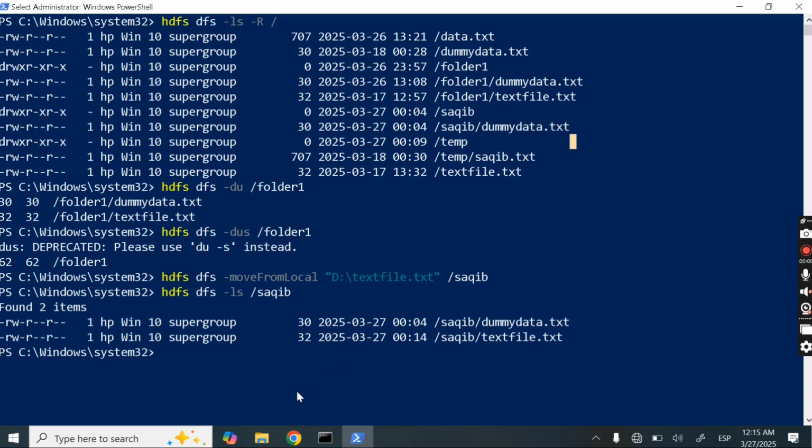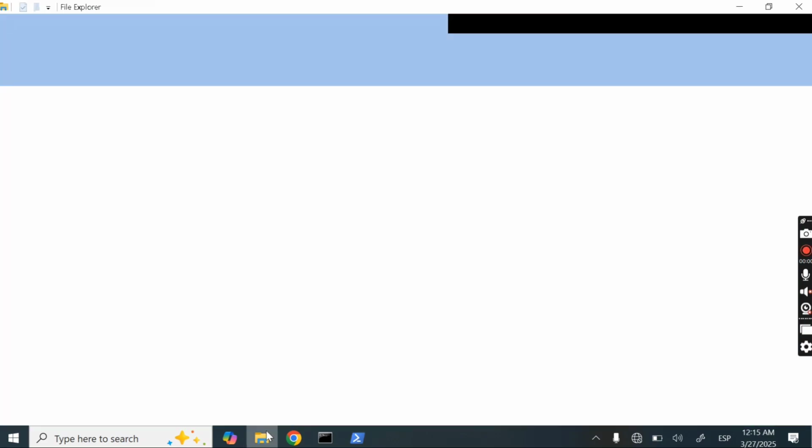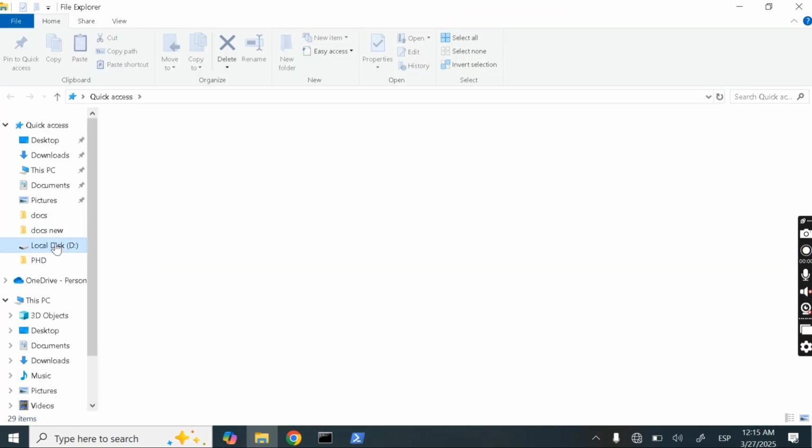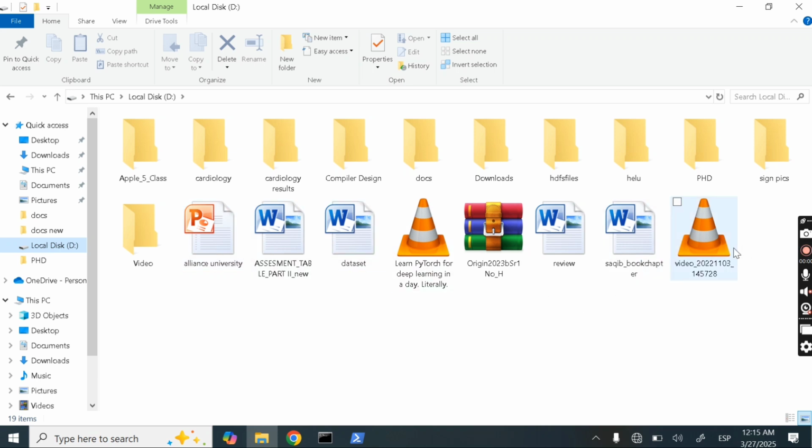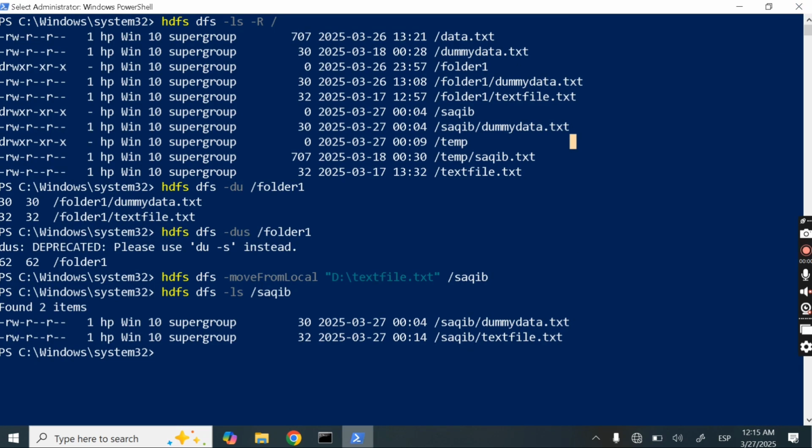Now let's check if it exists in our local system or not. Previously this text file was here, but now because we have moved this file to HDFS, so it's